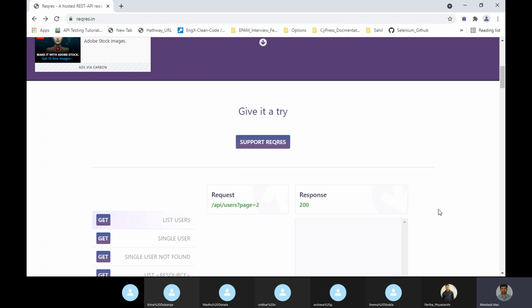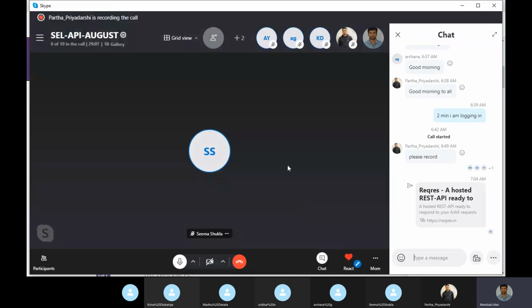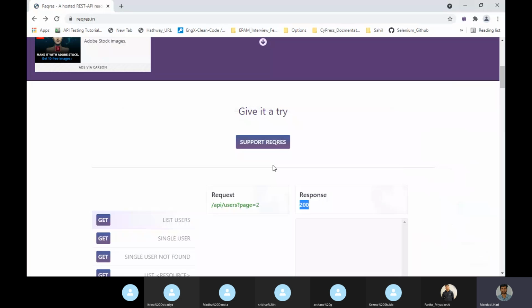We just have requirements and we are trying to write the scenarios. So how do you write the scenarios for this? Suppose this is a get call, this is the endpoint URL, API users, and this is the expected response.